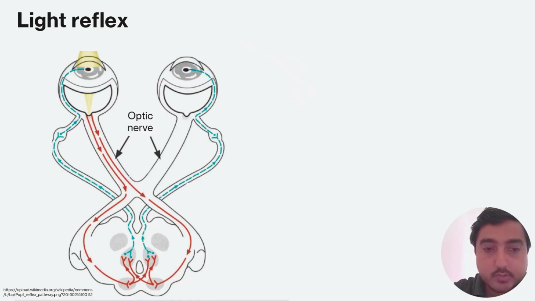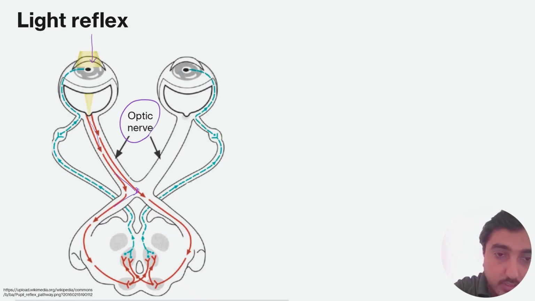So let's discuss quickly the light reflex. As the light falls on the retina, the impulse is carried by the optic nerve through the optic chiasm. One of its fibers crosses to the other side, whereas one of the fibers remains on the same side. So through the optic chiasm into the optic tract,